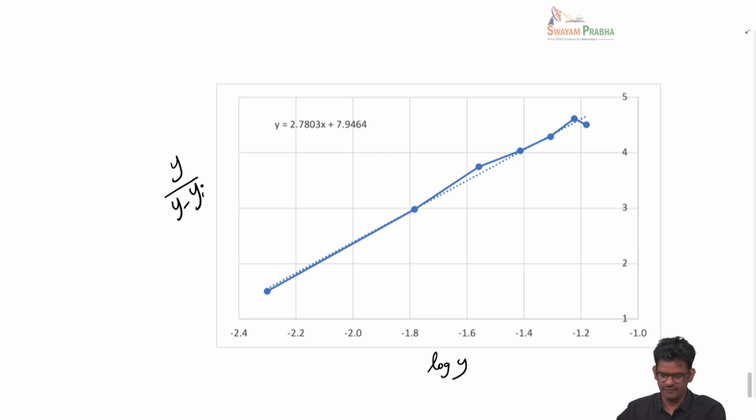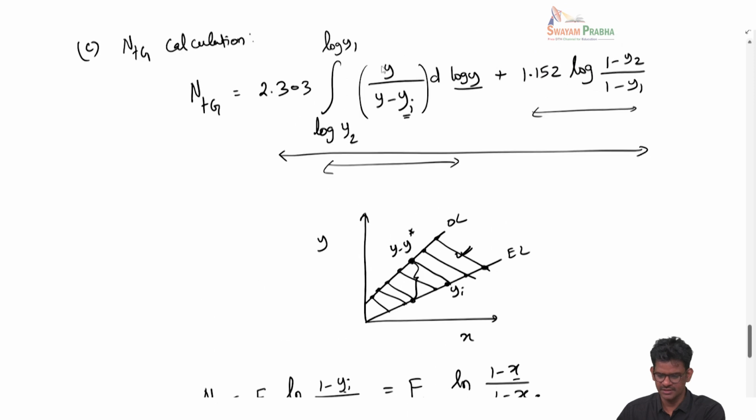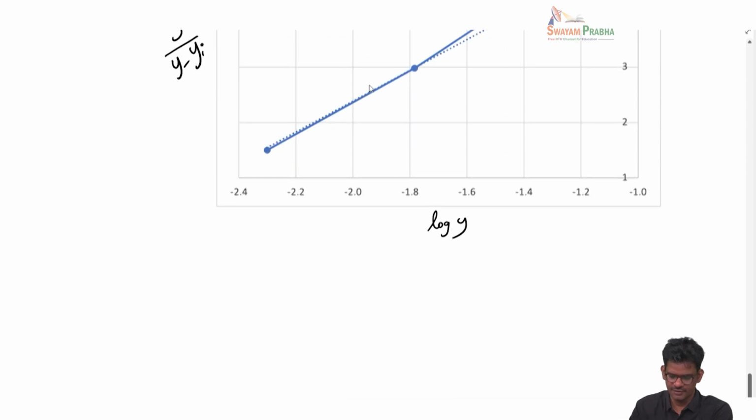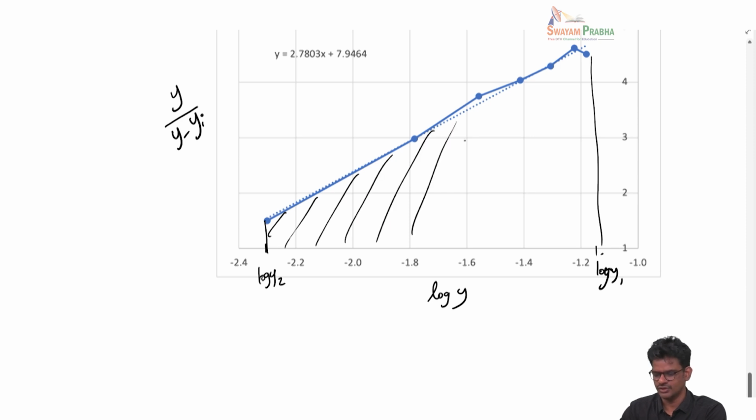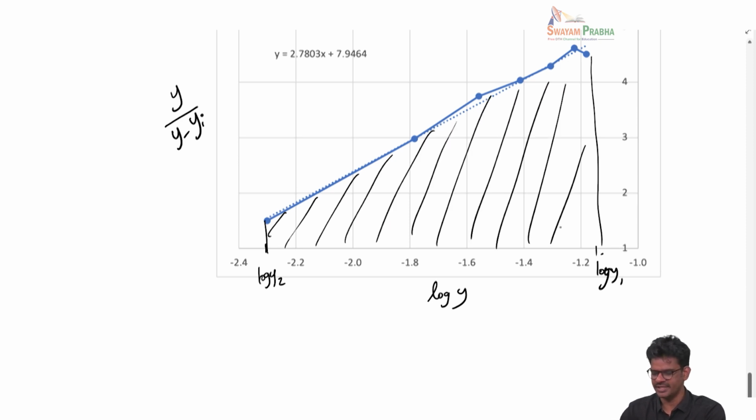Okay. So now by our definition of NTG, which is here, all I need to do is find the area under this curve going from log of y2 to log of y1. Okay, so that is the area under this curve. Fortunately, in this case, since I am using the logarithmic scale, I get pretty much a linear line for this. Okay, so I fit this linear line into a linear equation and I just integrate this out. Okay, and if you do that, you will get